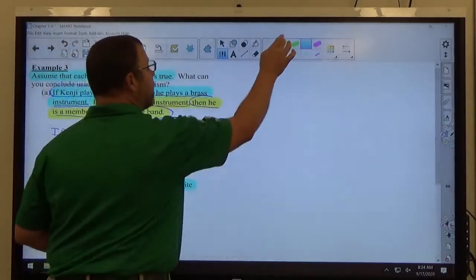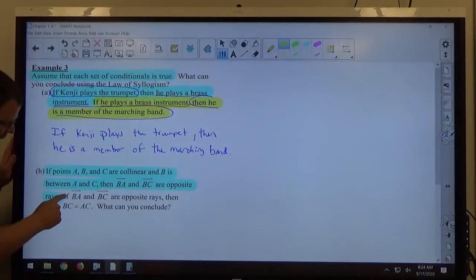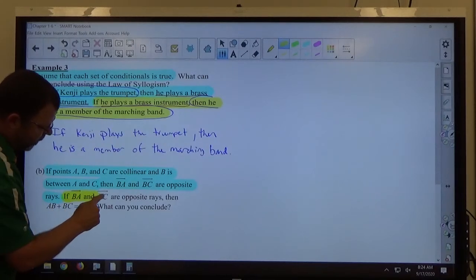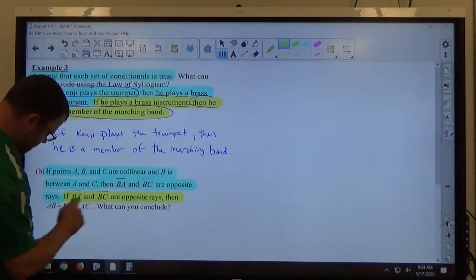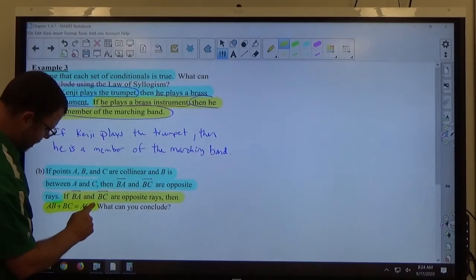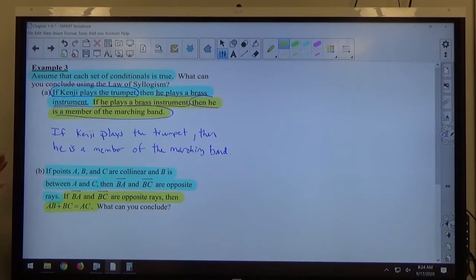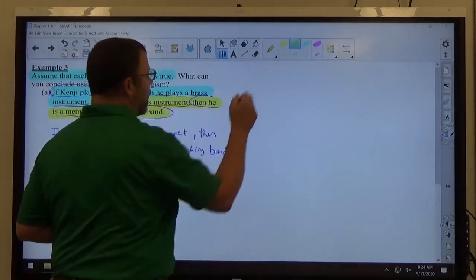All right, the second conditional statement here starts with if. If ray BA and ray BC are opposite rays, then AB plus BC equals AC. All right, so that's a little shorter, but again, we have conditional statements. And again, what we're looking for is, does the conclusion of one of the statements match the hypothesis of the other one? And if I'm just going to green highlight it this time,